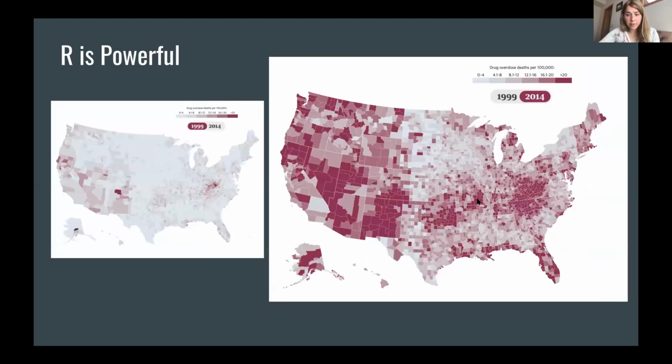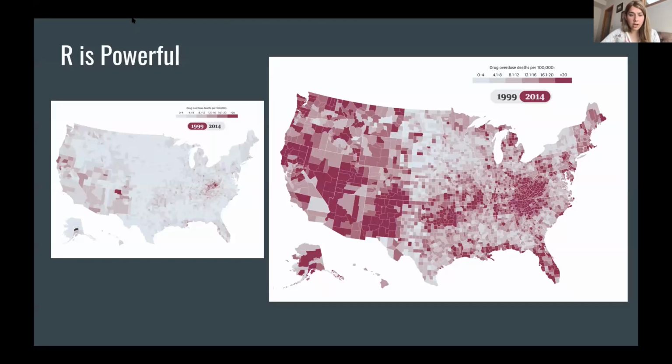This is something I want to talk about that is based on what I said. Sometimes you see graphs like this online and you think they're interesting, and you can definitely try to do something similar with R using open data sources. I saw this, I think published in the Washington Post, a pretty famous graph that looked at drug overdose deaths in the United States, the opioid crisis, with the difference between 1999 and 2014.